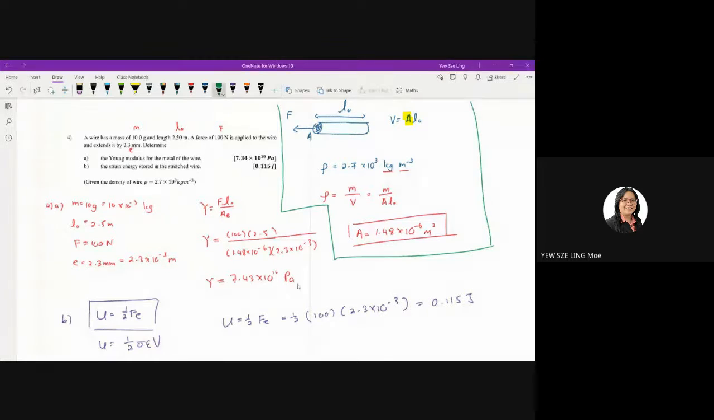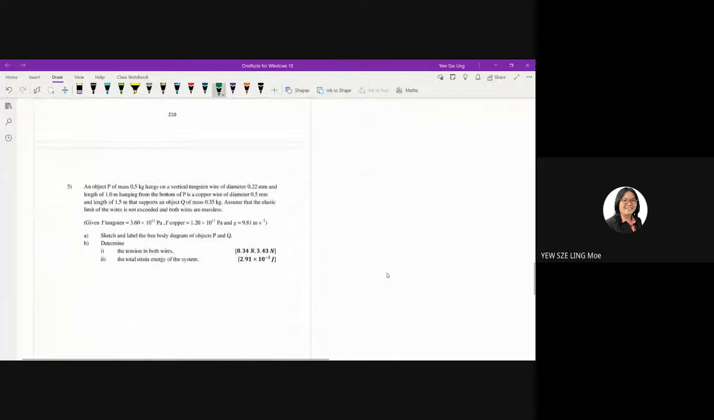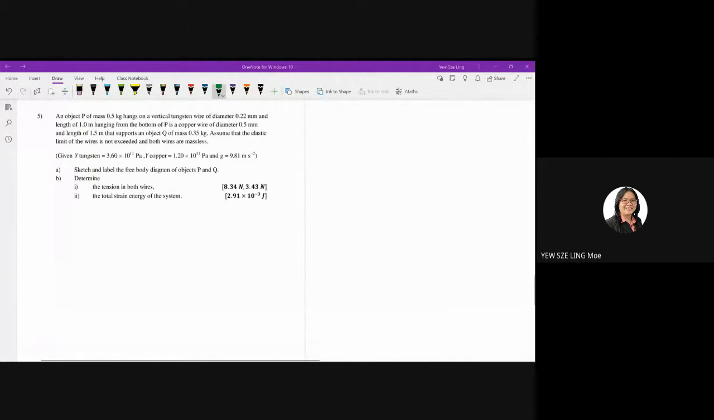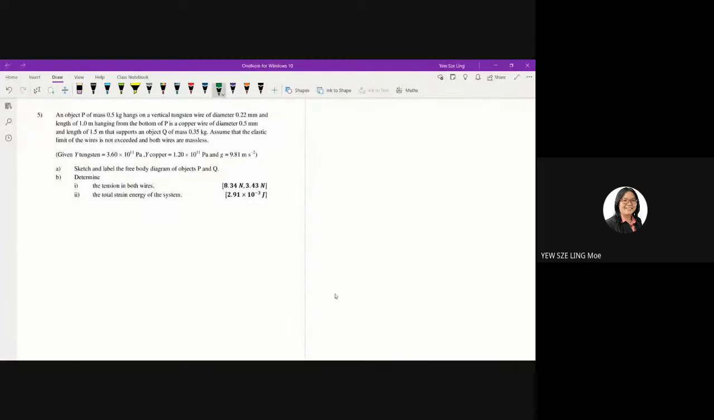All right. So let's move on to the last question. This question is very similar to the questions that we discussed just now, the question that is moving upwards, moving downwards, and so on. Okay, so you need to determine the tensions by using Newton's law. So an object P of mass 0.5 kg, so you have m,